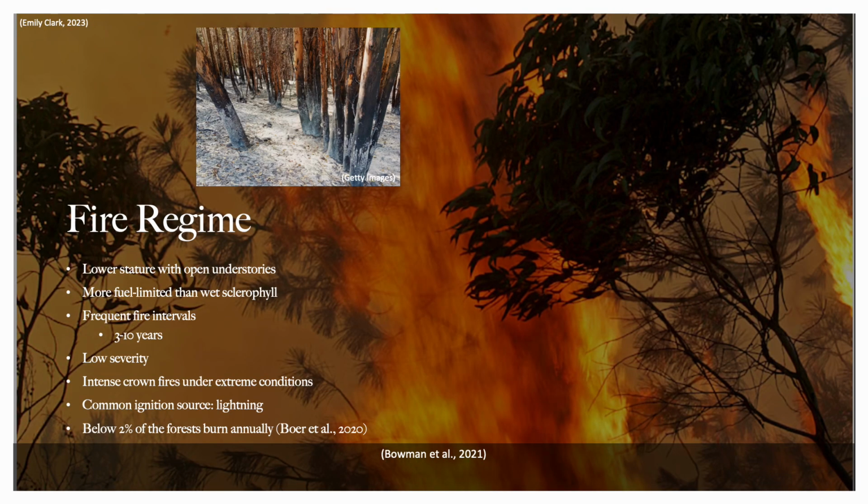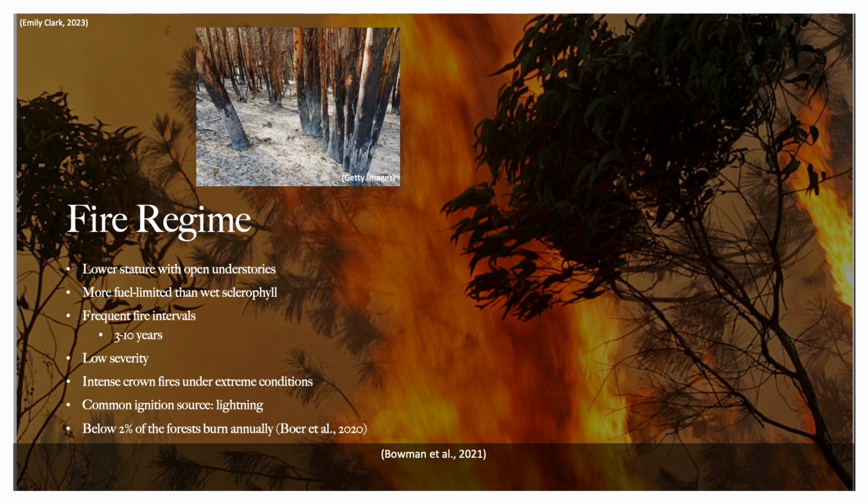The dry eucalypt woodlands are lower in stature with more open understories. As discussed earlier, it's two-tiered. The dry sclerophyll produces less biomass due to a decrease in moisture, thus decreasing the amount of fuel seen in wet sclerophyll woodlands. The fire regime, I think, is similar to ones we see in ponderosa pine forests, where